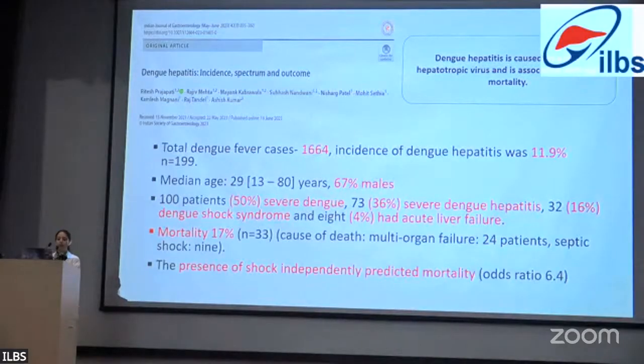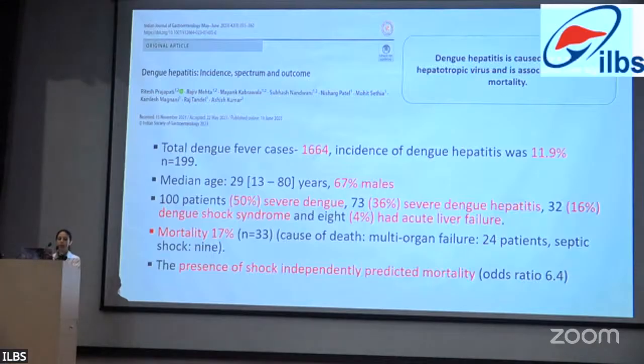This is a hospital-based study with a large number of patients of dengue infection. Incidence of dengue hepatitis was 11.9%. Patients with dengue hepatitis had high inpatient mortality with multi-organ failure as the main cause of death. Median age of presentation was 29. 67% of the population was male, in which 50% had severe dengue, 30% had severe dengue hepatitis, and 16% had